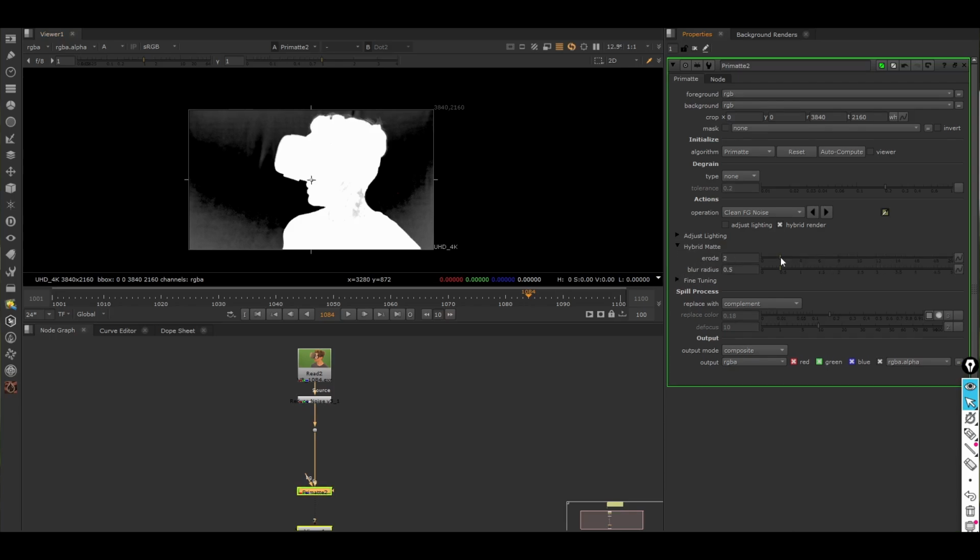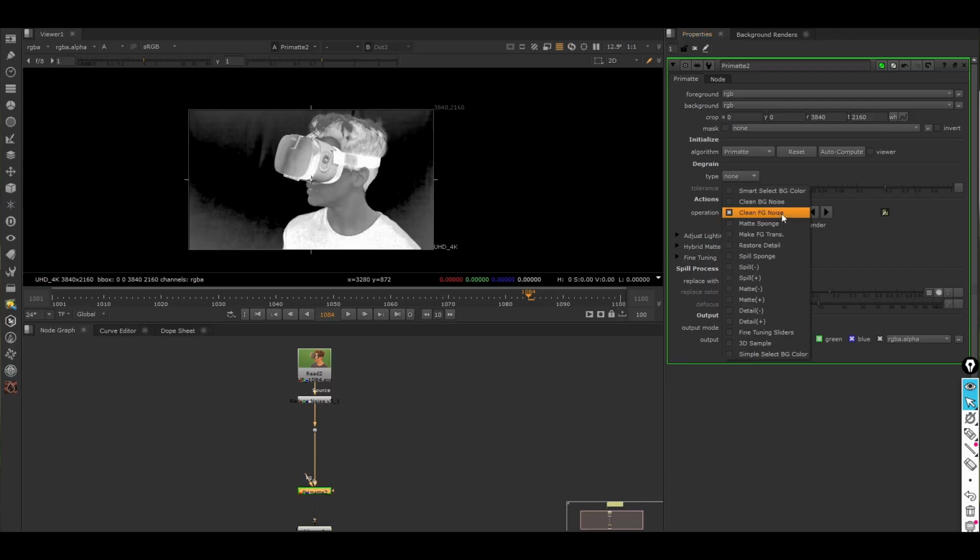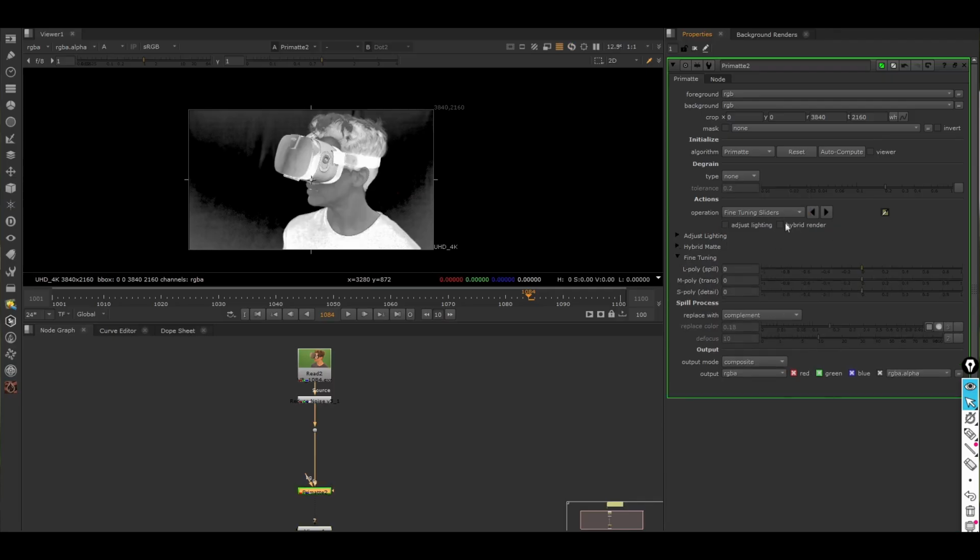Okay guys, I'm not spending more time on these things which are not that important. Same as we have fine tuning, you can play around with these settings. I'm not going deep into all these settings because this is spill and we have a full despill process, right? We are going to do despill from there. Despill is not so simple, it's a very important thing and we have a full process of spill fix. So it's not possible to fix spill from here, but for slap comp or a basic key you can play around with all those settings. And in upcoming videos, we are going to see in-depth the despill process,